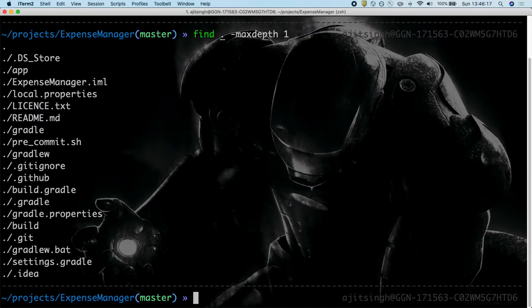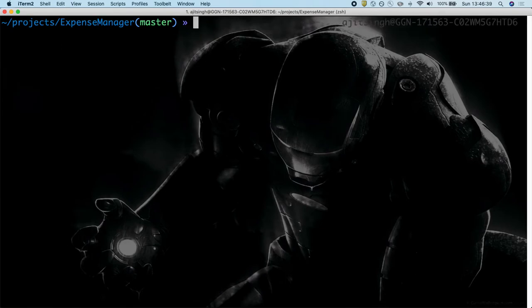There are more options to the find command, and one such option is, let's say you figured out there are some empty files in your project using the find command, but you want to do something about it, you want to remove them. For that, you can use the -exec option of the find command.